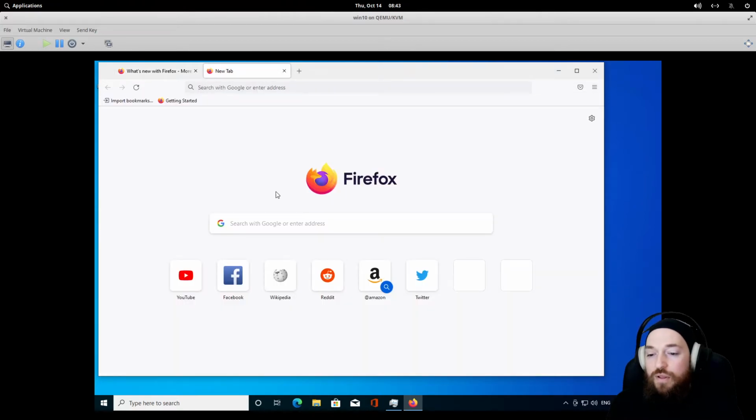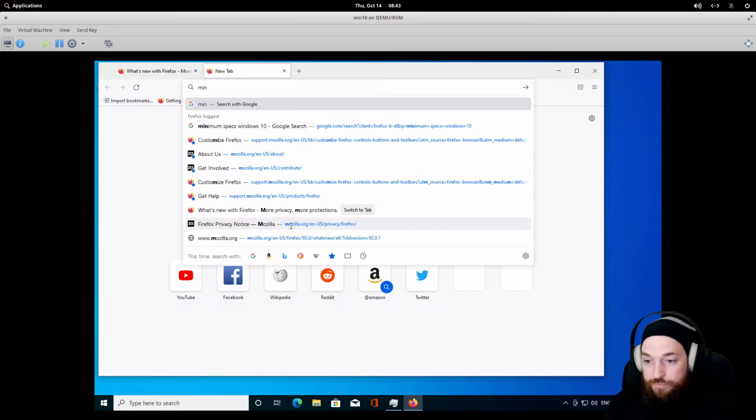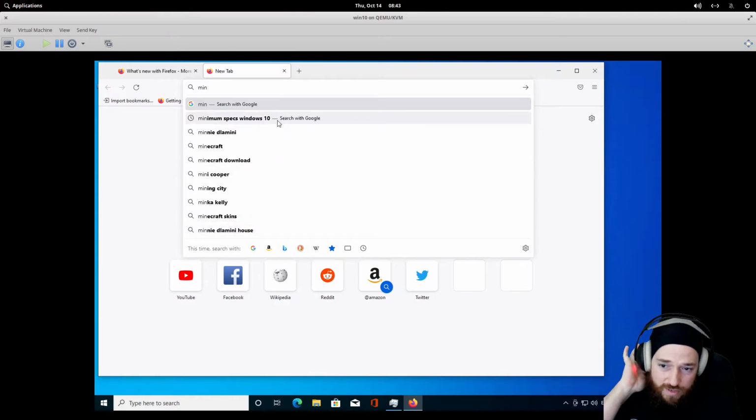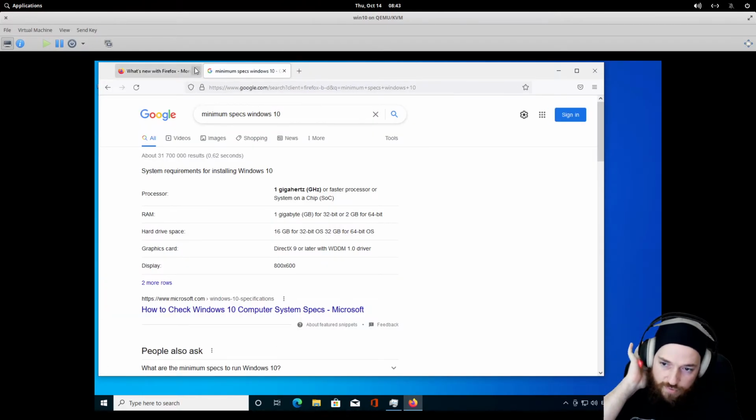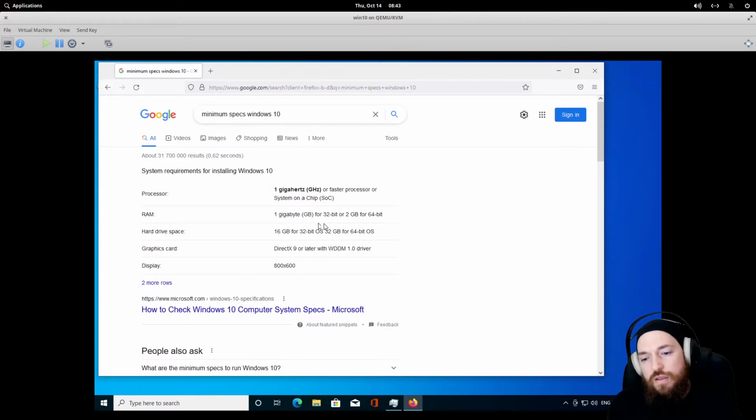Okay. Let's go and say minimum specs Windows 10. Yes, I have searched it here before. So here you can see for a 64-bit processor, you need at least 2 gig RAM, but it still just says a 1 gigahertz or faster system on chip. Okay, that's it. So nothing mentioned about dual core or anything like that. It's just bleh. Okay. So yeah, you can run Windows 10 on rubbish machinery, but it's not ideal, especially if